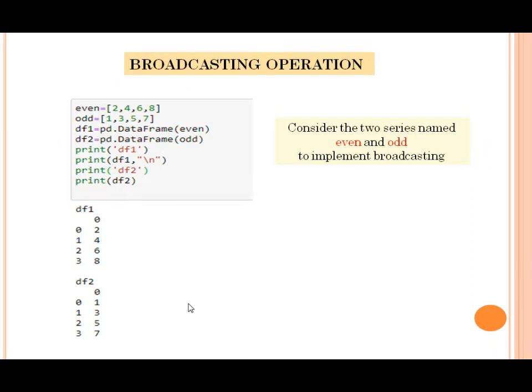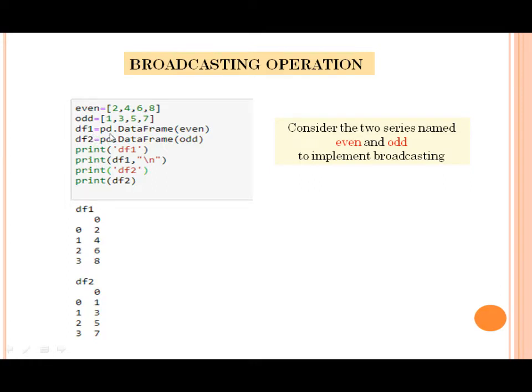Next topic is the broadcasting operation. Children, broadcasting means implementing the operation on the whole data frame. See here, my two data frames are even and odd. Even has a set of values within a list, and odd has a set of values enclosed within a list.